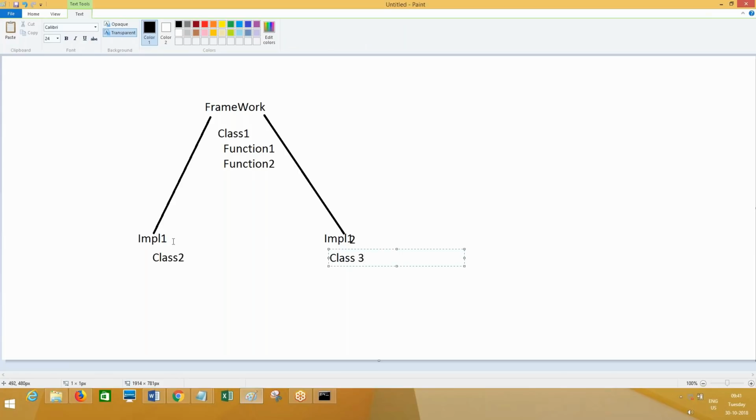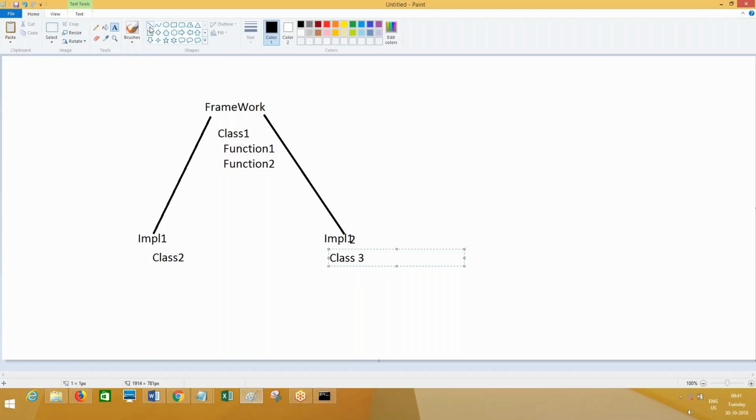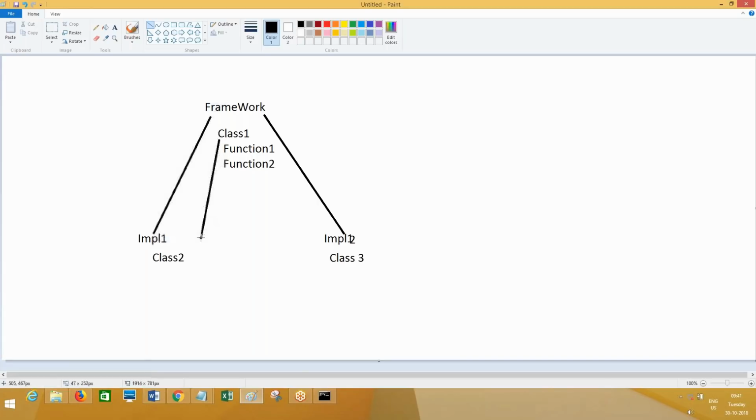Now implementation 1 and implementation 2 are created on top of framework. It doesn't mean the classes of implementation 1 and 2 can directly use everything in framework. Also, a relation should be defined between classes. Classes also should be inherited. Apart from this, there is something else called rule set. I'll tell you later. Now, this is the inheritance relation.